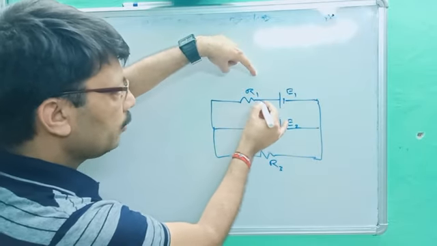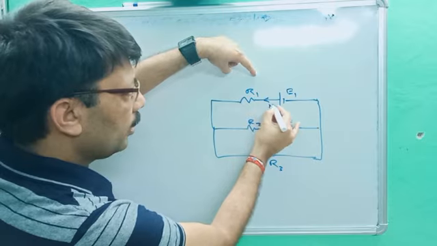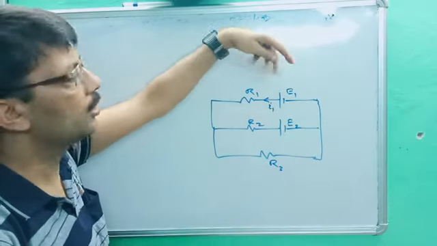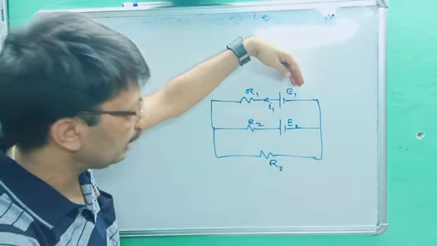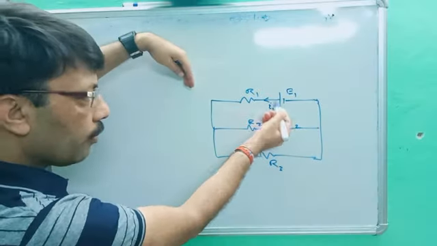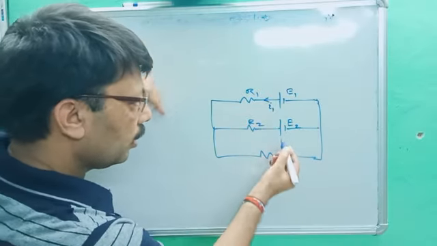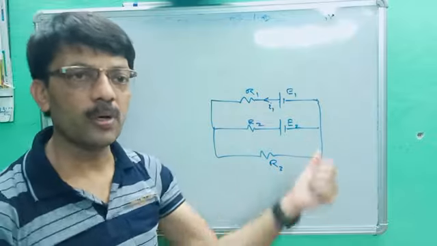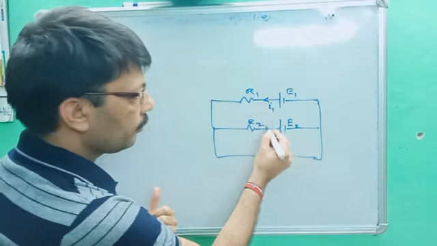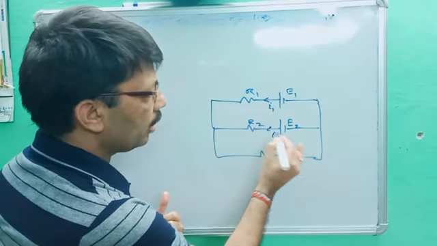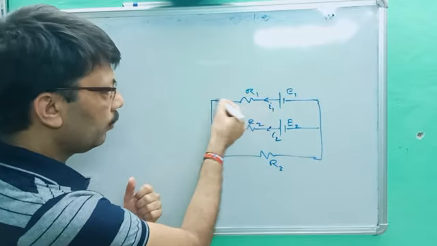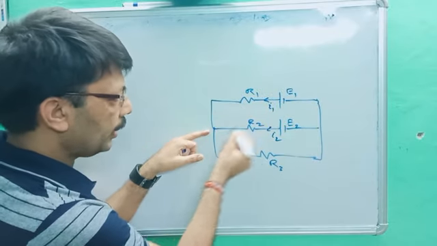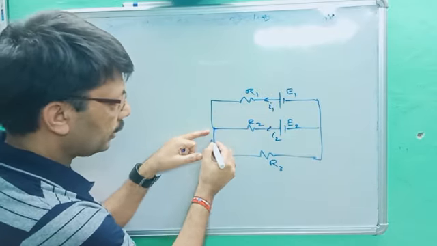First see the first battery, E1. You better know current is drawn from positive to negative, so the first current will be I1. Are you getting the point? Always current is drawn from positive to negative. This is the second battery and its current will be I2. I1 comes to the junction and I2 comes through that point and they get combined.